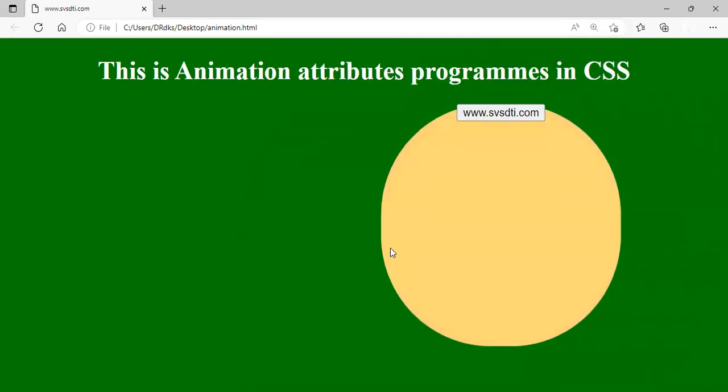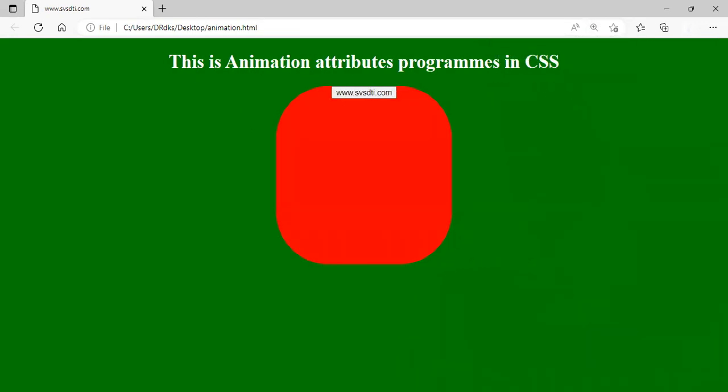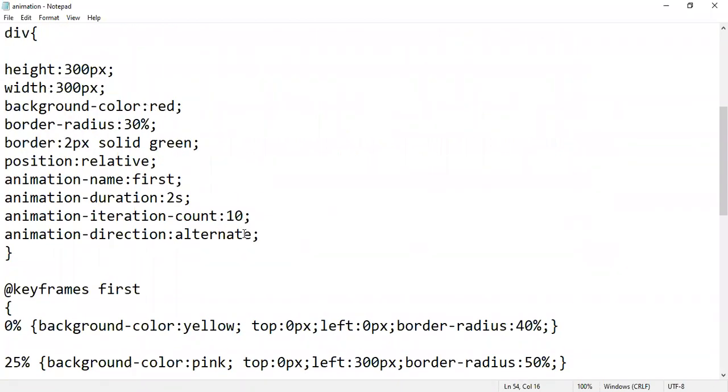So this is the animation, and if you want to change the background of this particular image according to time, you can also set it by using this, right? So this is the number of, just see there. It will work for 10 times. Why? Because you set 10 loops, right? You can also make it an infinite number of loops. So just type here infinite. And if you want to stop here, you can just use the slide. You can change the attribute here. It will not move clockwise or counterclockwise, right? So just try to do this, and